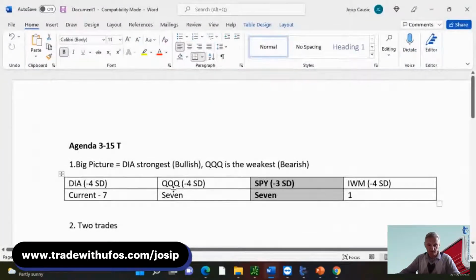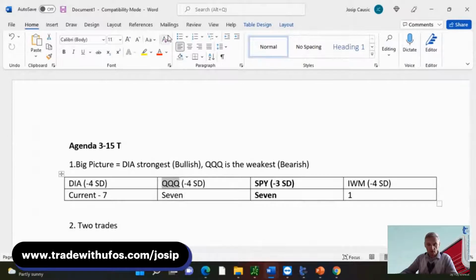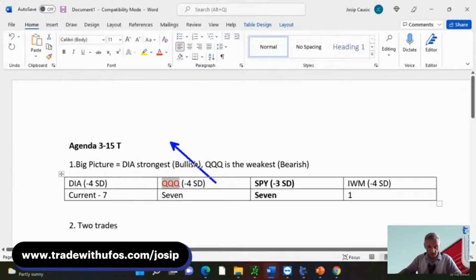And I'm purposely skipping the QQQ because the QQQ has been in such a downtrend. If I'm looking for this relief rally to the upside, especially on an up day such as today, I shouldn't be trading the weakest of the 4, meaning the QQQ. I'm going to color it in red, which should be a hint. If it bounces up, maybe I should short it because it might revisit the low of February 24th. But right now I want to dismiss the whole concept of doing anything on the QQQ.